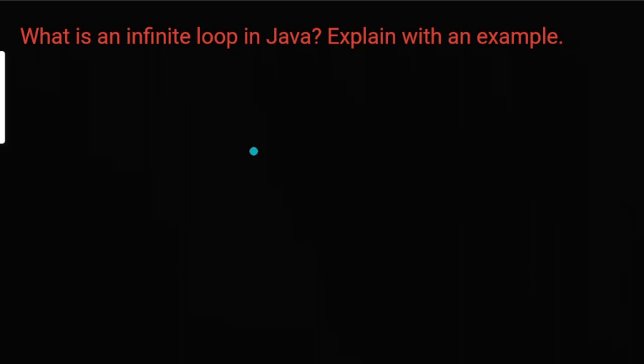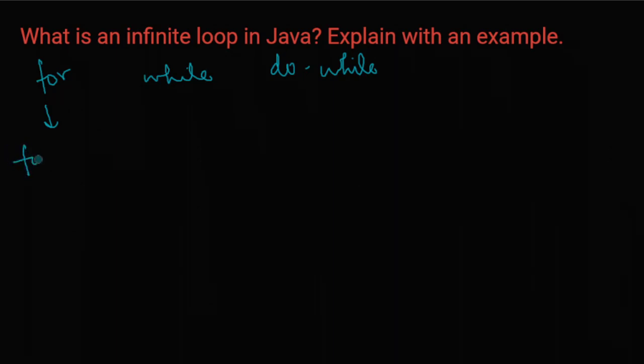So what is an infinite loop? An infinite loop is something that runs endlessly, it cannot be terminated. So we don't have a terminating condition. We know loops: we have a for loop, we have a while loop, we have a do while loop. We have three loops, so we can do all three. First, let's check the for one. If we don't want it to stop, let's not give it any condition and execute something here. That means the condition is neither being false nor being violated.